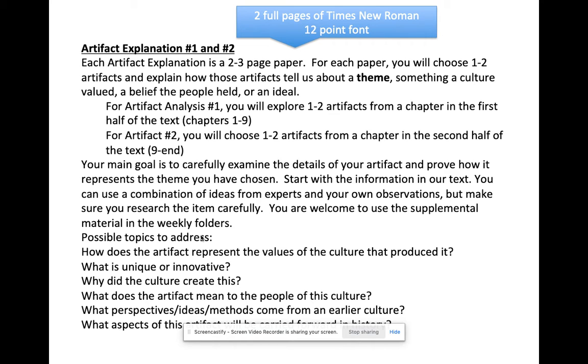So up here at the top in blue, I have a big reminder that when the requirement says 2 to 3 page paper, that means the minimum is 2 full pages. So a page and a half is not a full page, full 2 pages. And also in the requirements, it's a reminder to use MLA or APA formatting, and both of those require a Times New Roman 12-point font or something similar,